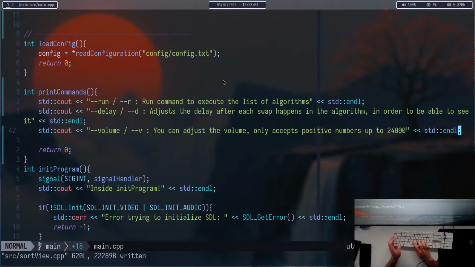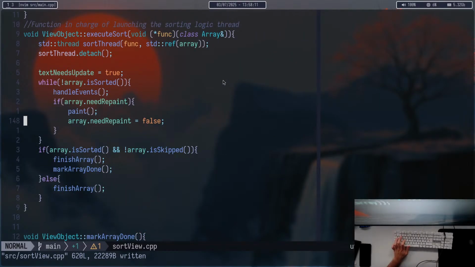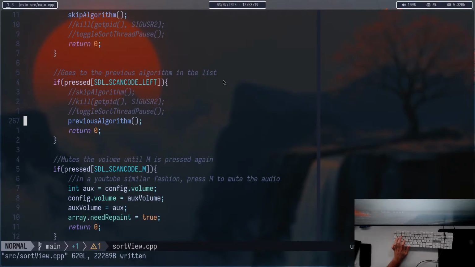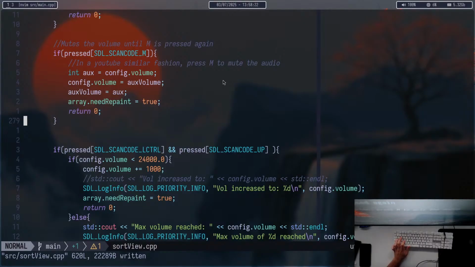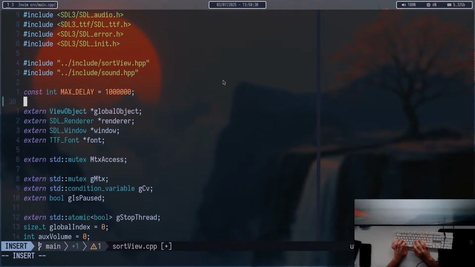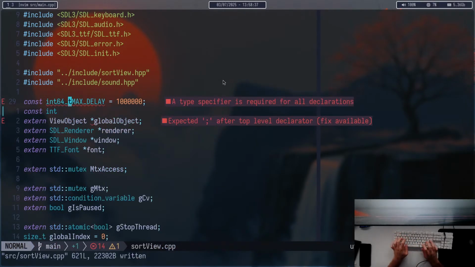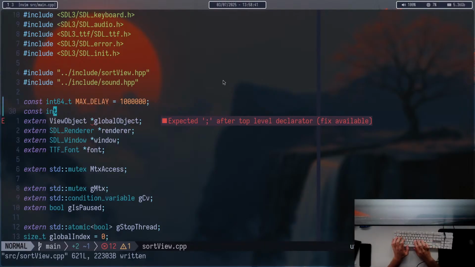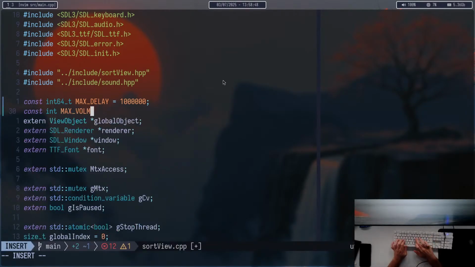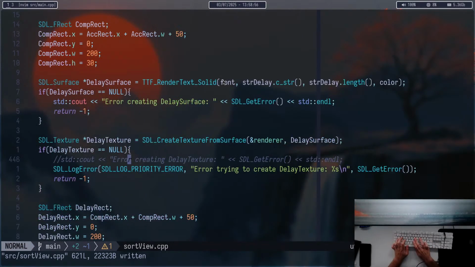Where was I? I completely lost it. Up to 24,000. Nope. Okay, I'm back on track. Okay, so it is 24,000. And then int max, max volume, it's going to be 24,000, boom. And then in here I can just